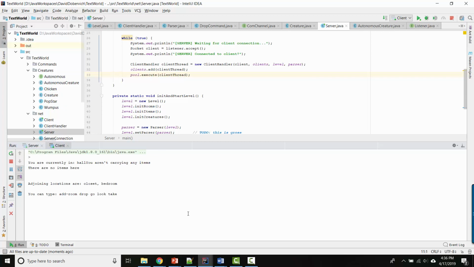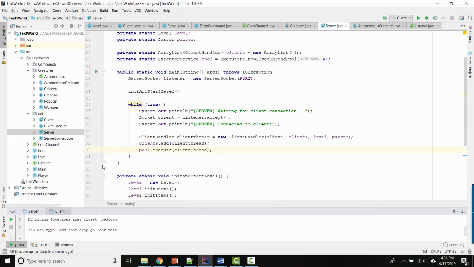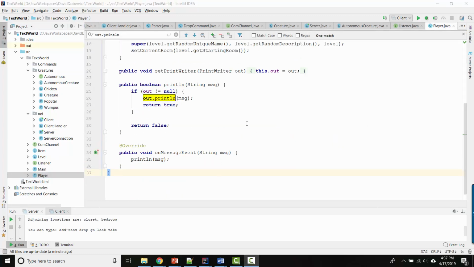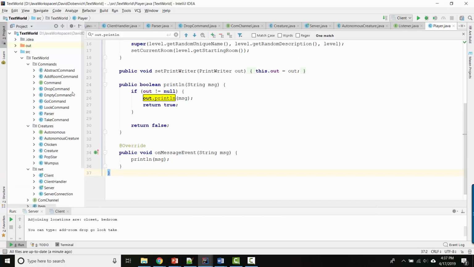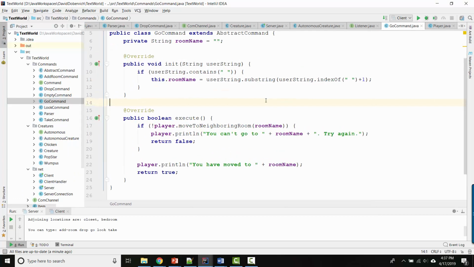Oh, wait, I'm sorry, we haven't subscribed ourselves to anything yet. So the broadcasting is, so far as we believe, happening, but we forgot to have the player register themselves. That probably shouldn't happen in Player, or at least it shouldn't start out in Player. It should probably start out in the command. So yeah, in the go command here, so let's see, in the execute,